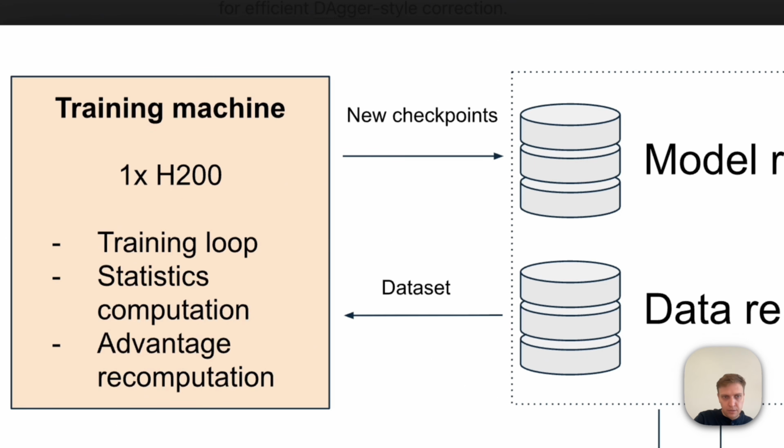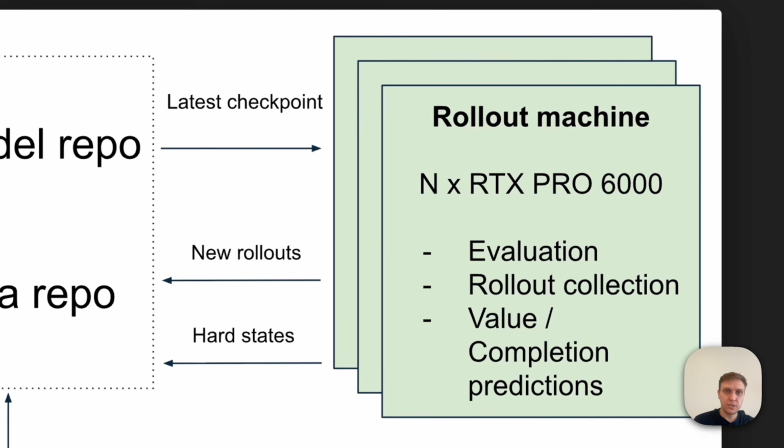And also it recomputes advantage every iteration. And again, this is what we'll discuss today. And then we have this right part, the rollout machine or machines. They, again, are running independently. And I will talk about it when I talk about inference optimization, because this rollout collection phase is where inference